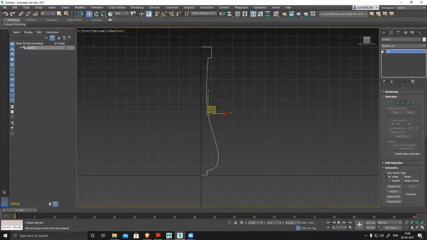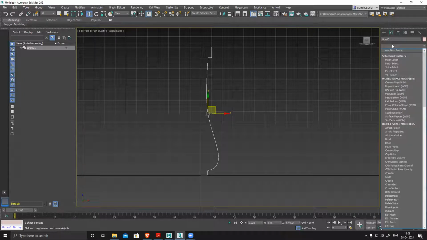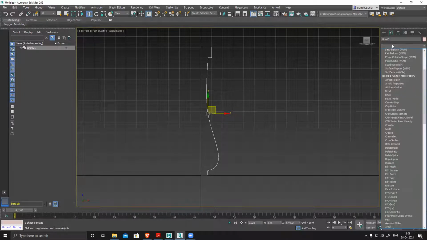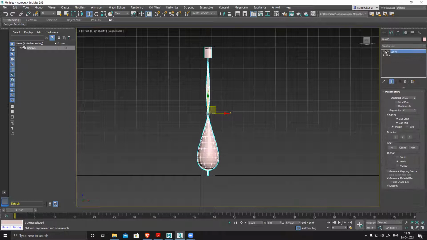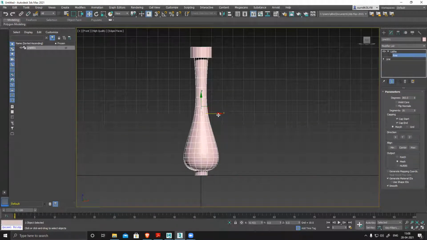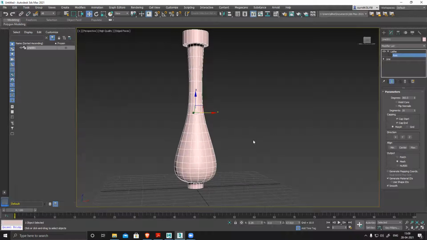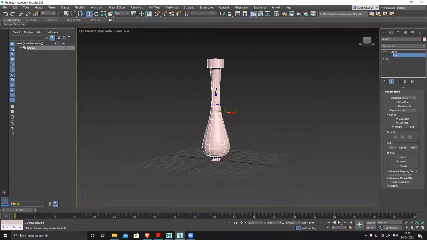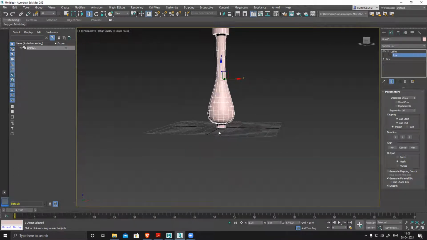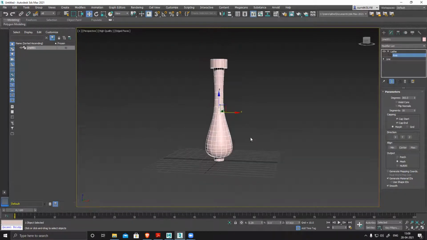So line, and I'll apply lathe, axis, perspective. You can see it's pretty clean. This thing can be a little thicker or a little modified, that's something I can modify later also.